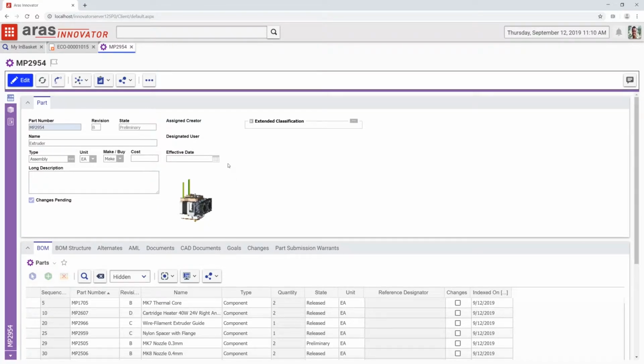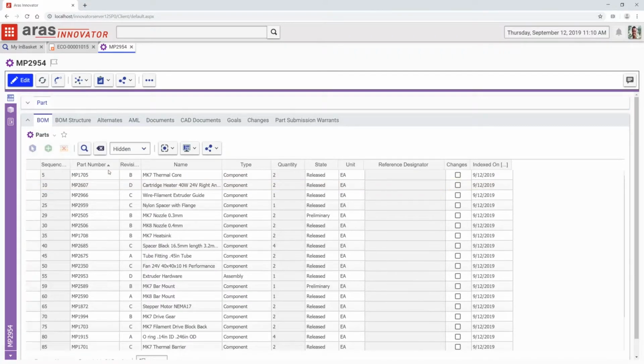The form has properties, and we can verify we're looking at the correct version of this, but it's also got a wealth of information about this particular part, which is a subassembly called an extruder. It includes some material extrusion capability and cooling fans. So likely, since it's an assembly, one of the things we might want to see is what are the child components of this revision and what is their current revision and lifecycle state.